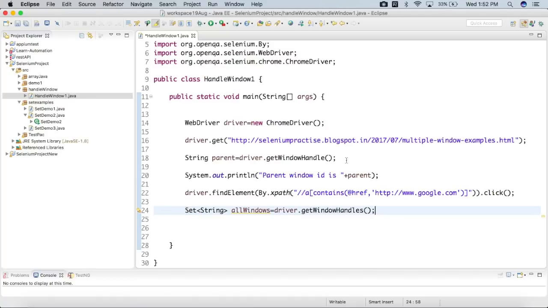Okay, now we got the parent window ID. Now we got all the handles. Now we just have to do a small logic here. We need to put small logic, get the number of windows, and check if it is not equal to parent, then switch to the child window. In order to get all the values, I can write a small for loop, enhanced for loop, iterator. As of now, I can write a